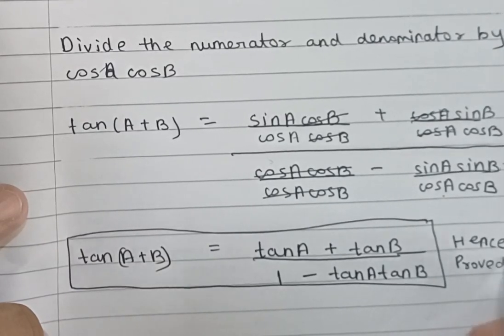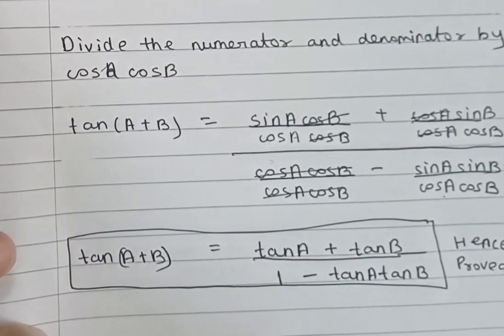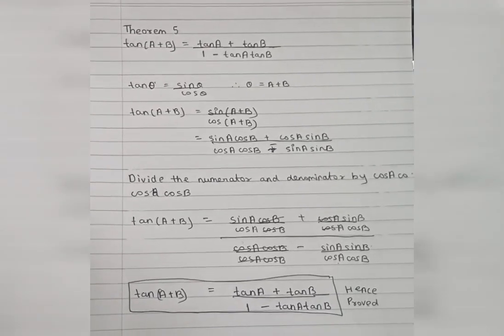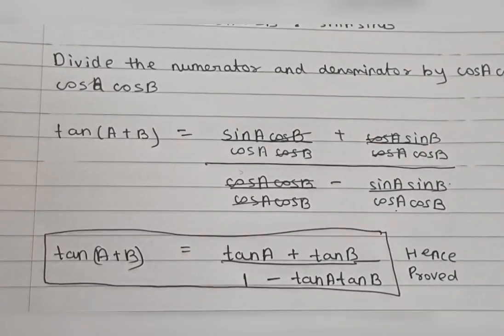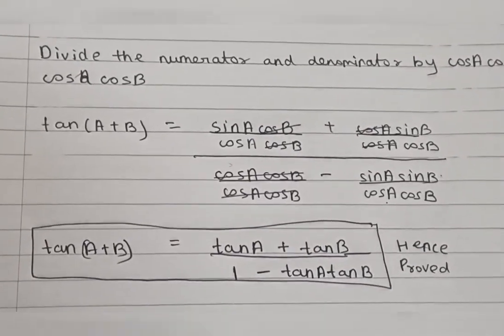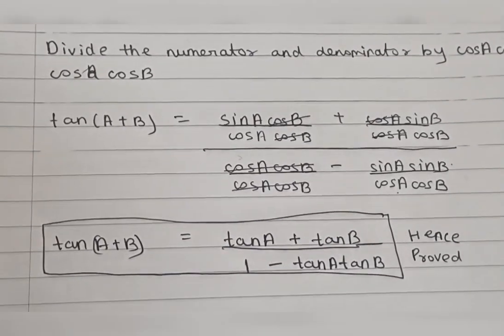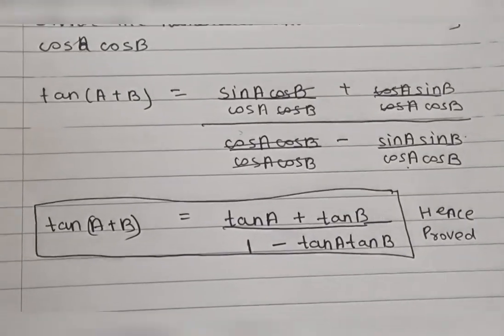And what you all have to do, you all have to remember this formula. Number 5, this is the theorem. After this theorem, there is a theorem number 6. In that theorem is quite similar to theorem number 2 and theorem number 4. So that is why it is a homework. You all should try it at your home.